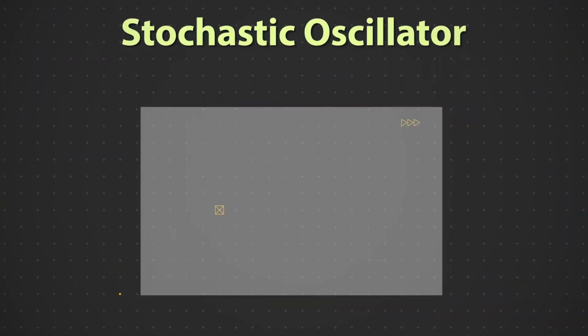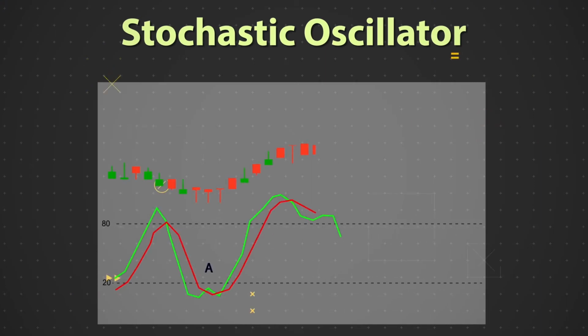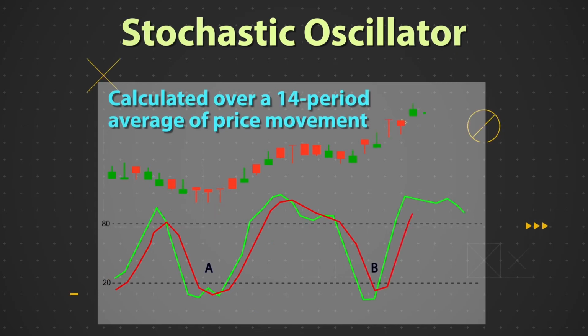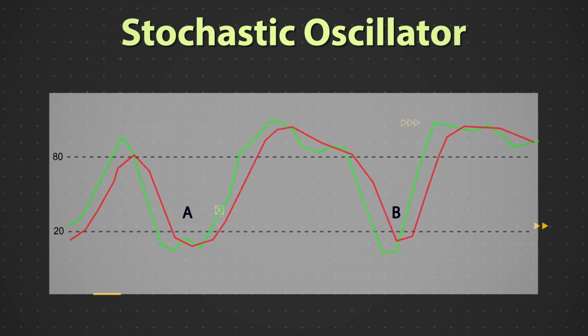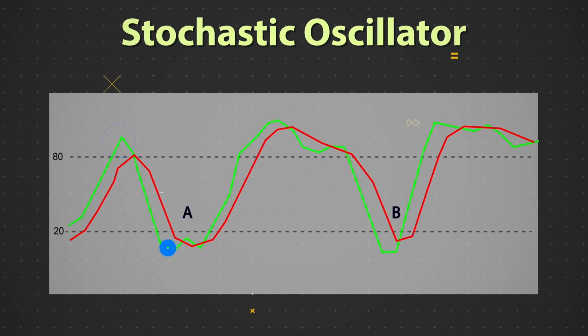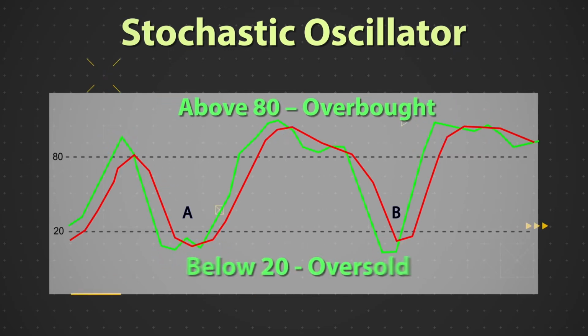Stochastics is a technical indicator which is available on most of the trading platforms. Just like RSI, these oscillators help you to gauge whether the market is oversold or overbought. The oscillator is plotted on a chart by comparing the current closing price with the highest high and the lowest low during a time period. The default setting for the stochastic oscillator is 14 periods. As you can see here, this indicator is depicted by two lines. They are known as percentage D and percentage K. The percentage D line is the moving average of the percentage K, and both lines together indicate whether the stock or index is overbought or oversold.